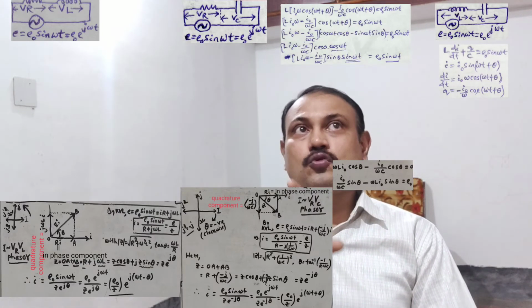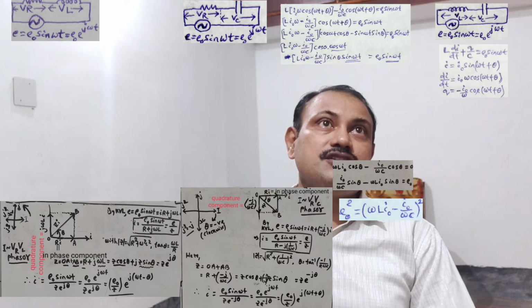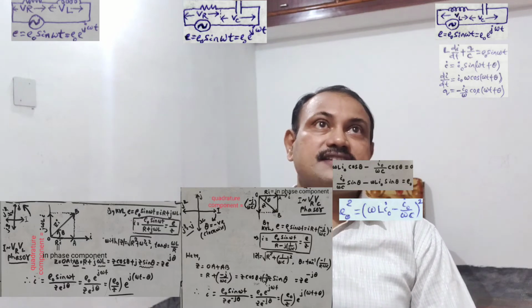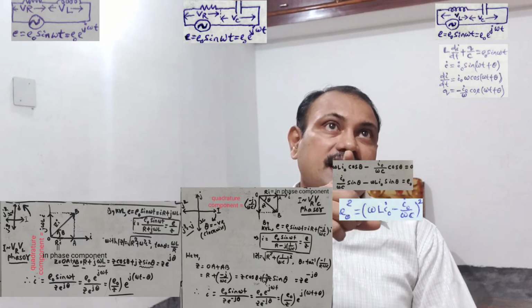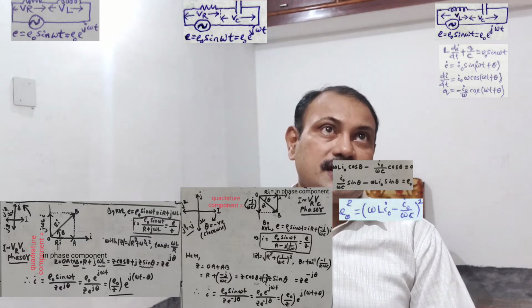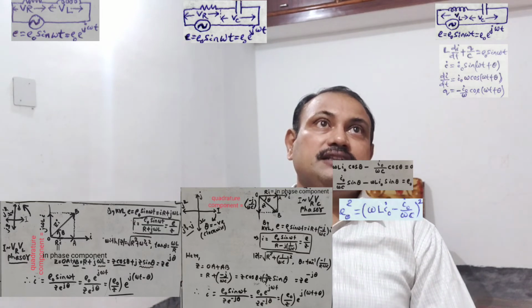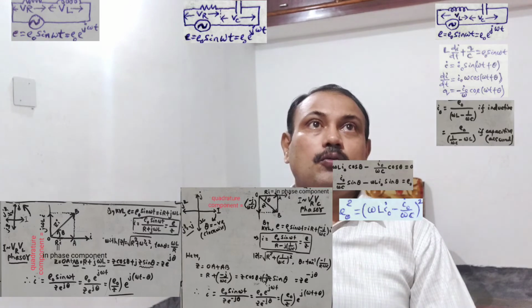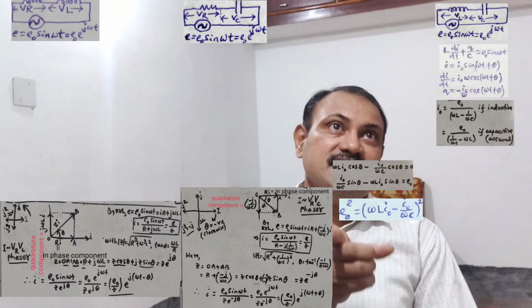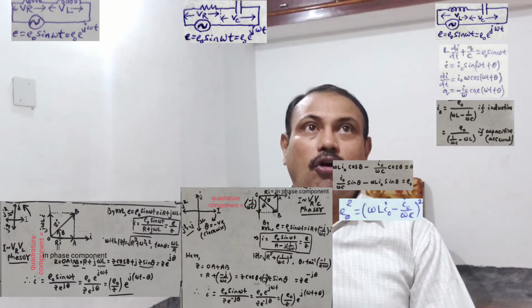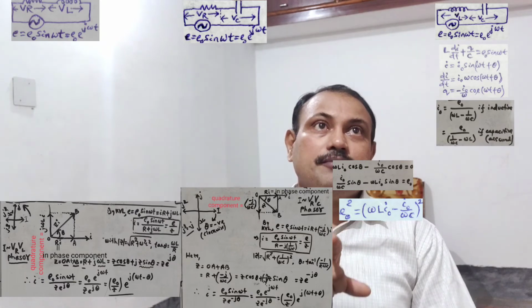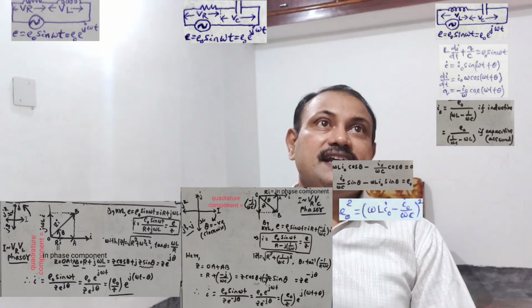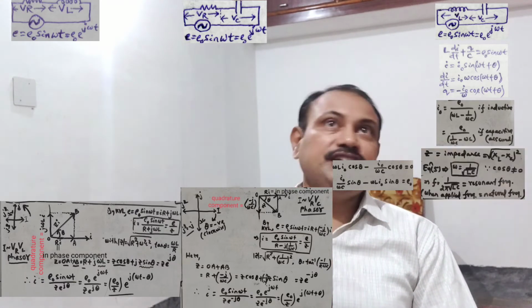We can square and add these equations 5 and 6, which will give us E0 squared equal to (omega L I0 minus I0 by omega C) whole squared, and this will give us I0 equal to E0 by (omega L minus 1 by omega C) if it is inductive, or E0 by (1 upon omega C minus omega L) if it is capacitive. Now Z here is the